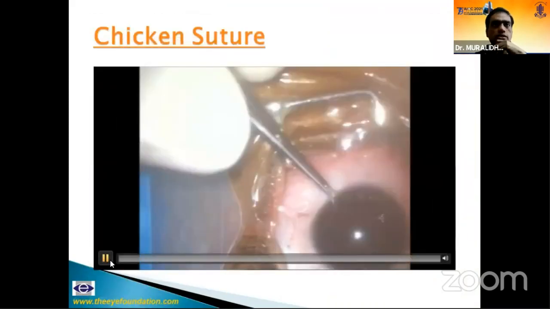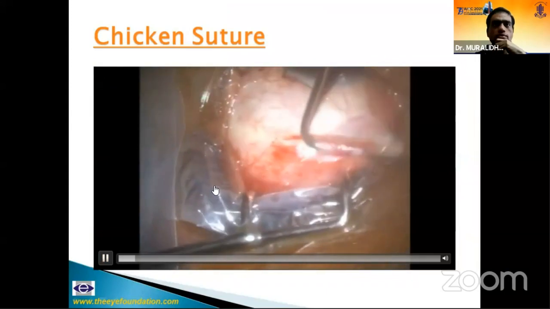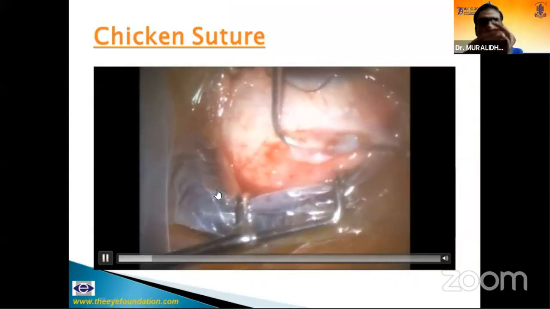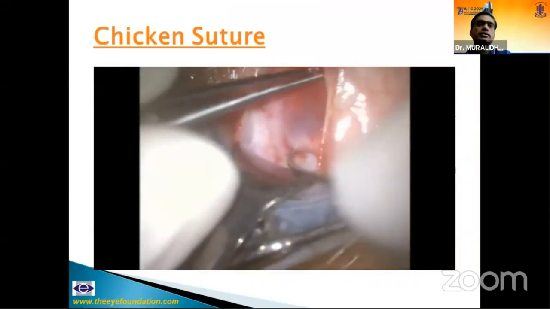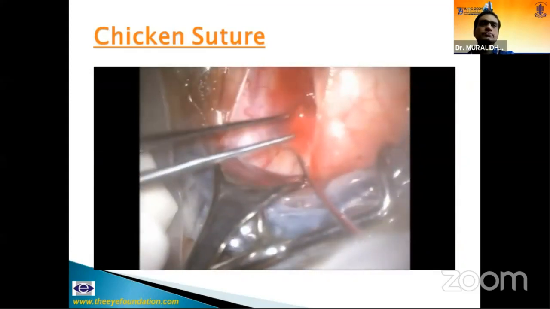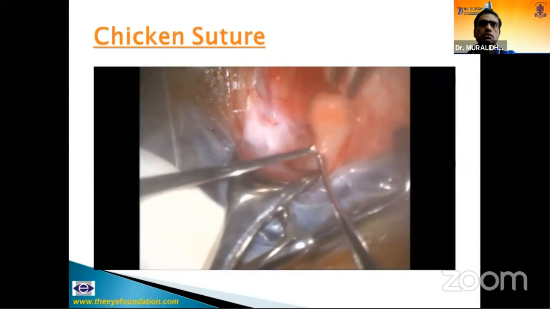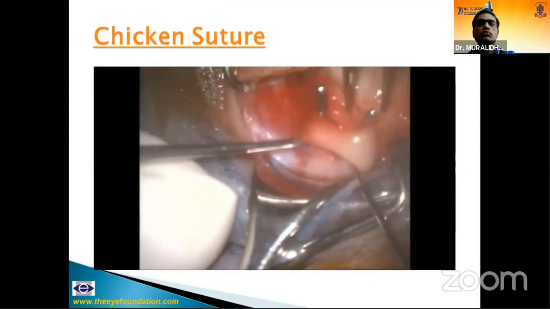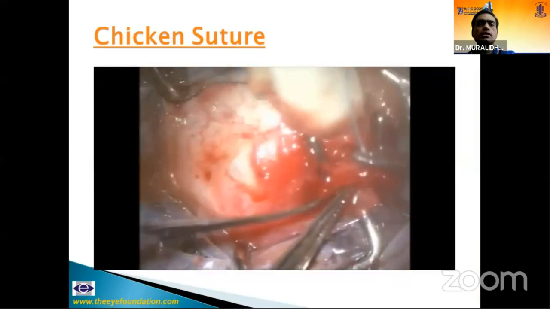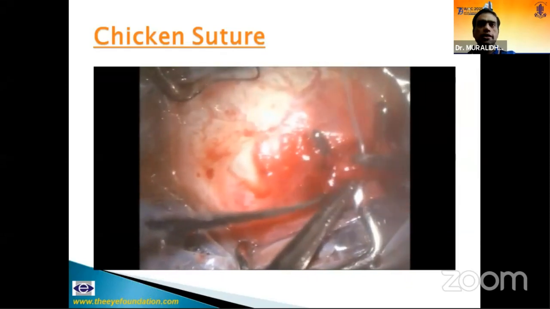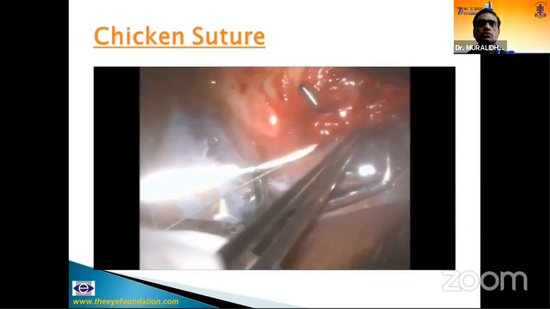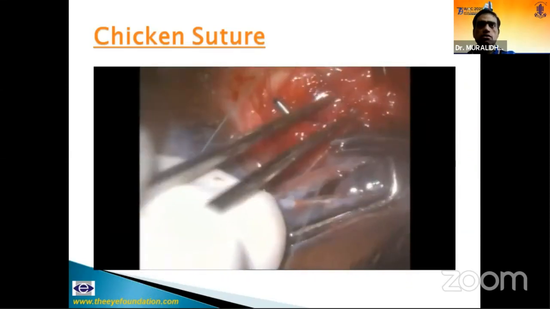And I would just play a video of a chicken suture that I used to do. I don't do the chicken suture now. I do a split tendon lengthening or a hangback recession of the superior oblique. Because if you read Dr. Su's paper, Dr. Su had published a series and he had used adjustable chicken sutures.